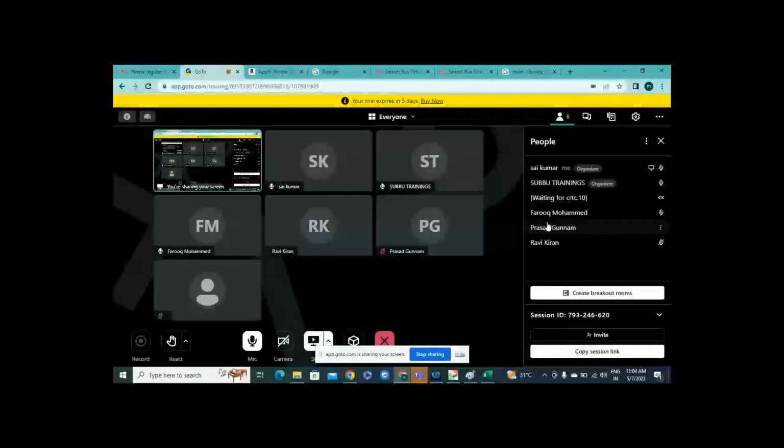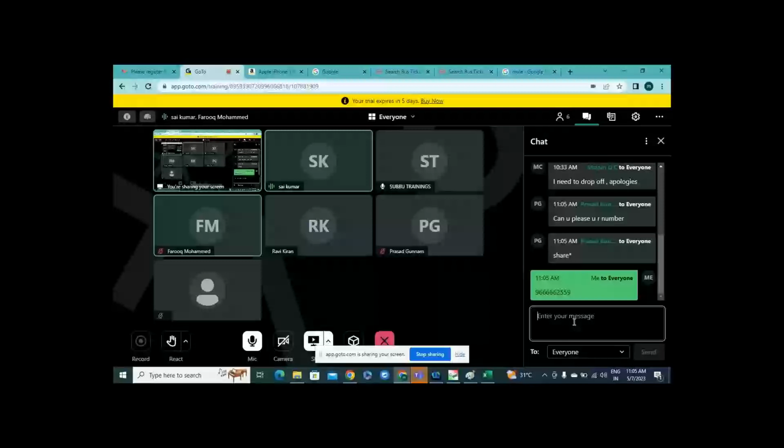I cannot hear you, Ravi and Prasad. Just now I pinged on chat. This is my number. Regarding the fee details and the timings, have a word with Subbu.